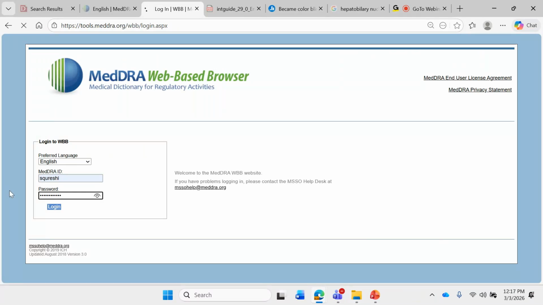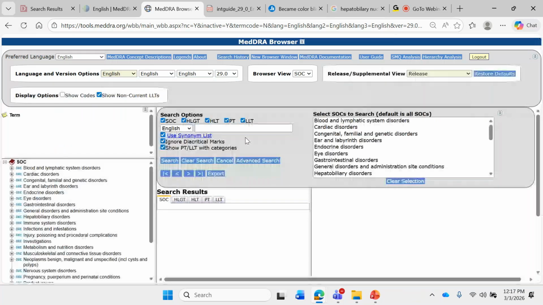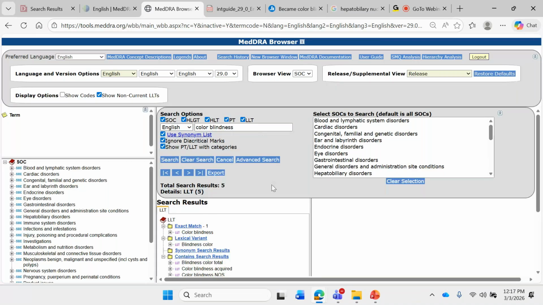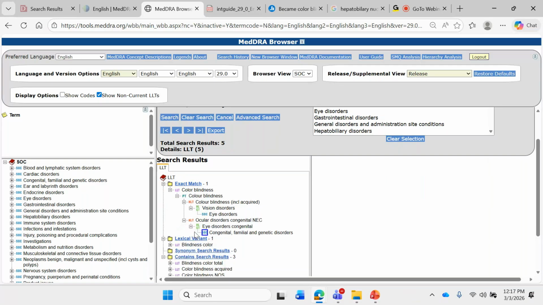It helps me decide from that 1% who just chose color blindness. Although you're right, but why not color blindness alone? And why did 82% pick acquired? If you look at the hierarchy, just color blindness goes to the primary SOC, and I know it's primary because there's a blue box around it, congenital. So this color blindness, the plain term, is linked to the SOC congenital, which means the person is born with